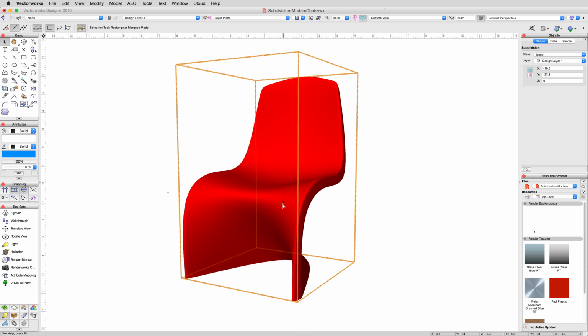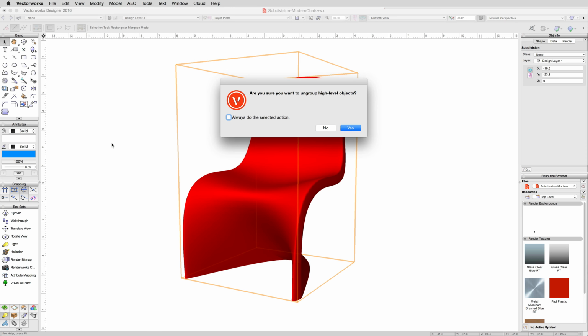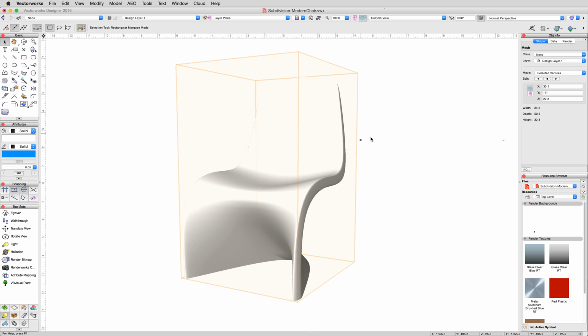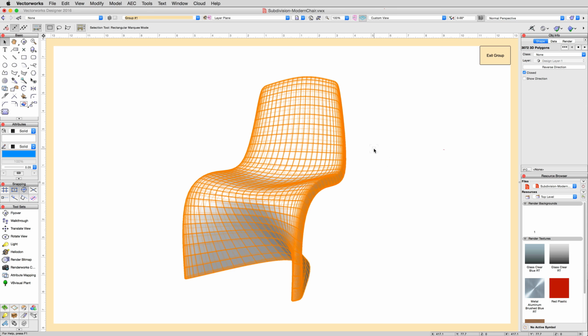First, getting mesh objects and 3D polygons. To convert a subdivision to a mesh object, you need only select the subdivision and then use Modify, Ungroup. You'll be asked if you want to ungroup high-level objects. Say yes, and the result will be a mesh, contouring as your subdivision did. If 3D polygons are desired, it's just one step further. Double-click on the mesh to edit it, and all of the facets will be made available to you as 3D